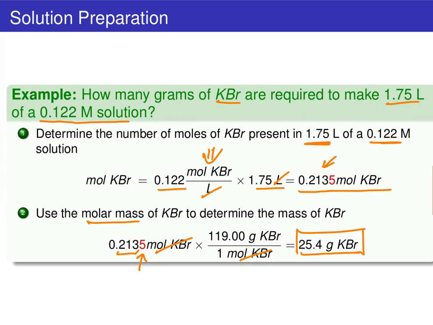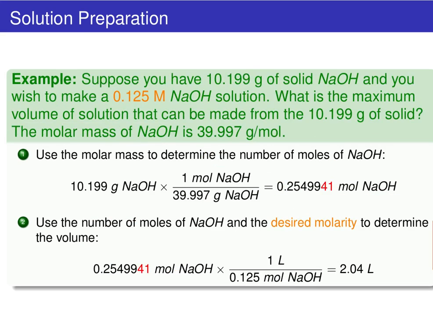Okay, so let's look at one final example here. In this example, it's a slightly different problem, but the same principle. Suppose you have 10.199 grams of solid sodium hydroxide, and your goal is to make a 0.125 molar sodium hydroxide solution. We want to figure out what the maximum volume of solution is that can be created if we use up the entire 10.199 grams of solid. And the problem's giving us the molar mass of sodium hydroxide,